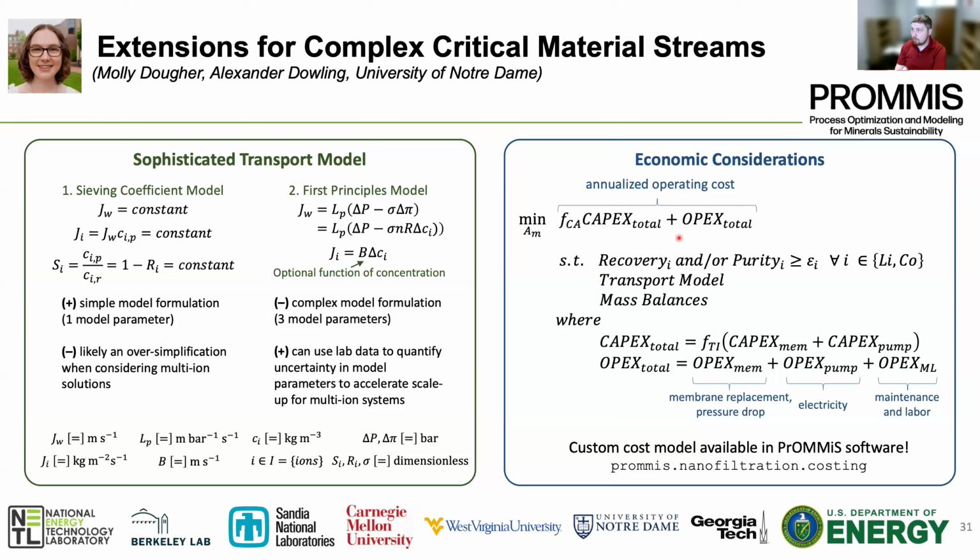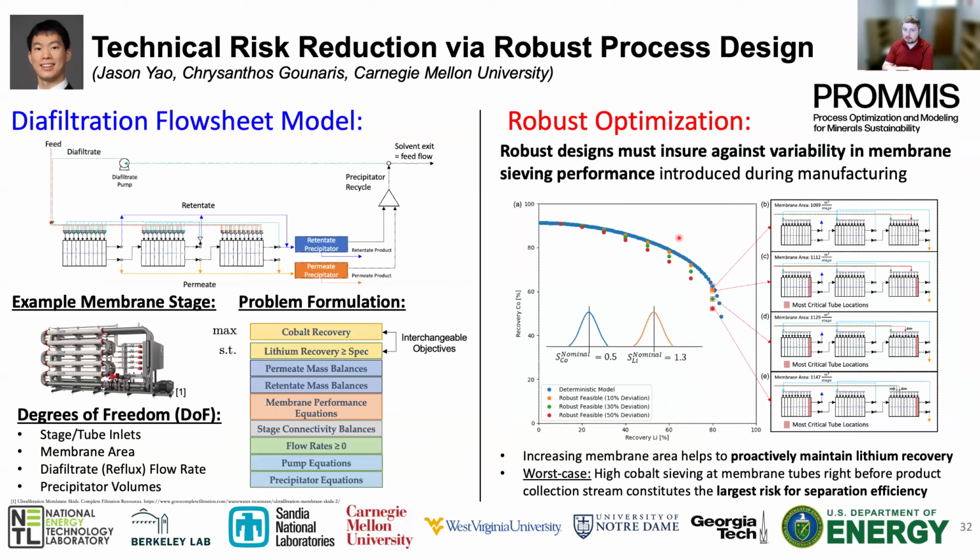A second extension being done by Jason at Carnegie Mellon is thinking about optimization under uncertainty. So started with this cascade. Jason has done some really nice extensions of it to connect this model a little bit more closely with a membrane system that you'd actually design and that you could actually build. And then thinking about how do you make these designs in such a way that they're robust to various forms